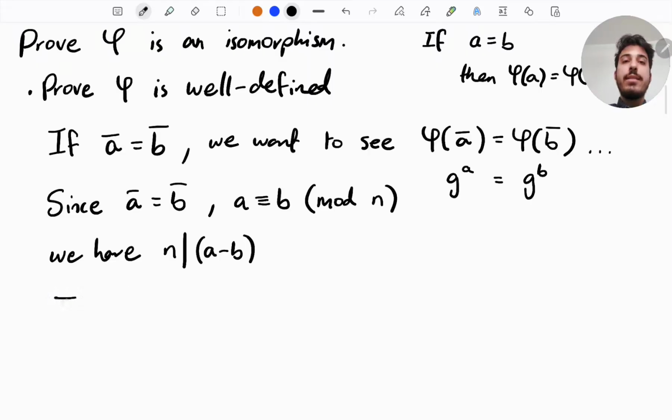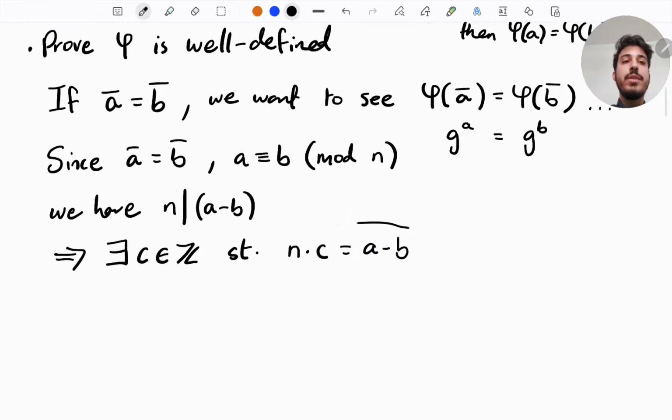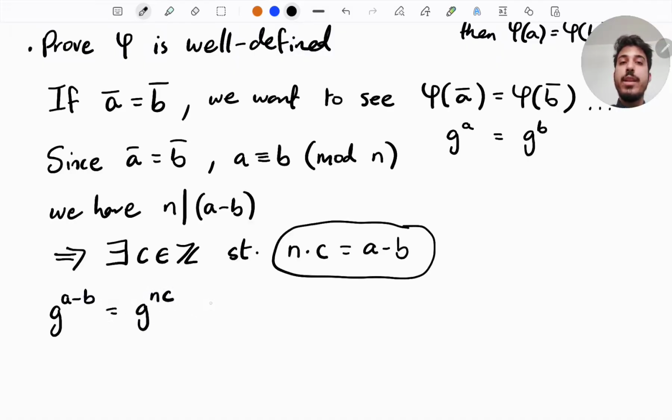And this means that since n divides a minus b, there exists an integer c such that n times c is equal to a minus b. We will use this relation here in saying that g to the power a minus b is equal to g to the power n times c,